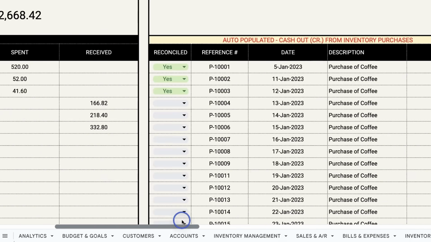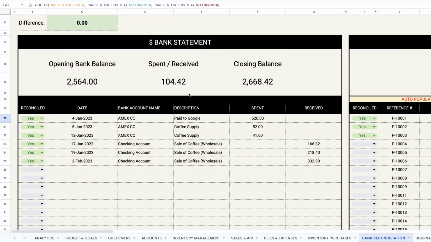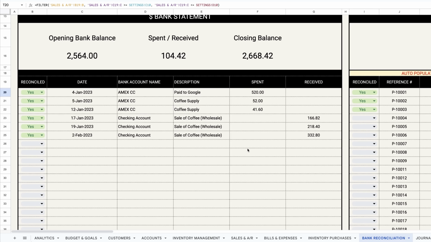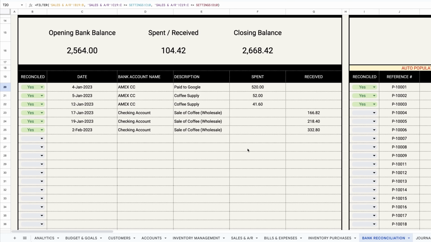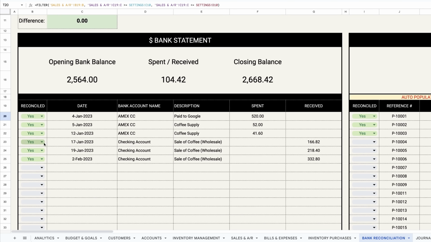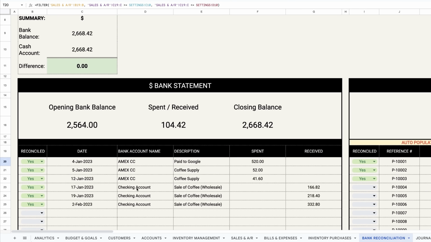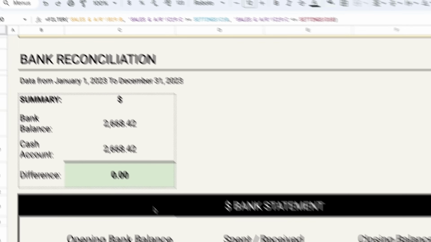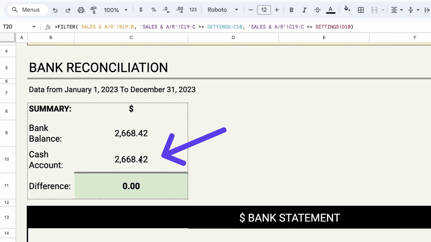Now, as for the reconciliation, this is where the second part comes in. This is where you would copy and paste in all of your bank transactions or bank statement line items. Whether you have multiple bank statements or not, you can just go ahead and enter them in here manually or copy and paste them in. And then you can go through line item by line item saying what's reconciled and what's not. And then you'll be able to see your reconciliation summary up top with your bank balance, your cash account total,